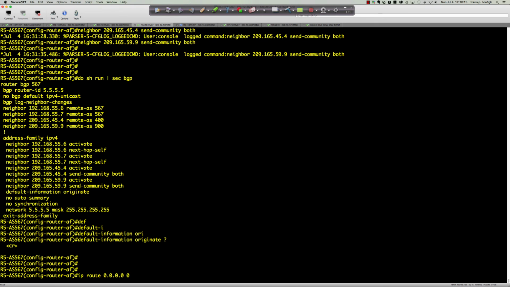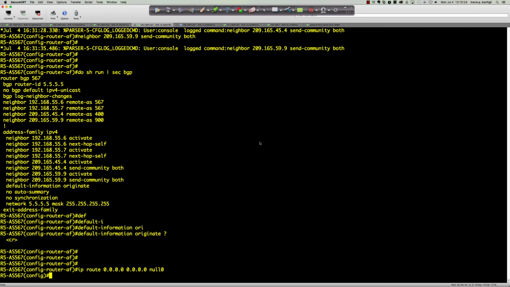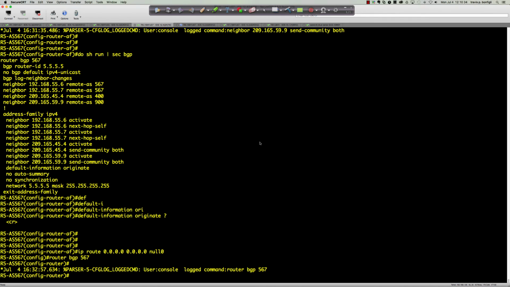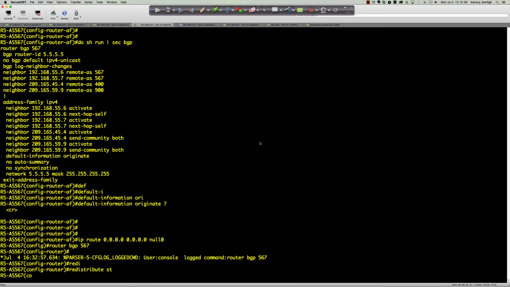So I'll just say ip route 0.0.0.0 0.0.0.0, and we'll just send it to, I could go FA0/0, so we'll just say Null0, right? I'm just going to send it to the bit bucket. Now, let's get back into router BGP 567, and we're going to say redistribute static, because that is a static